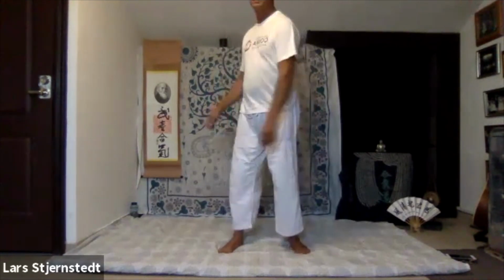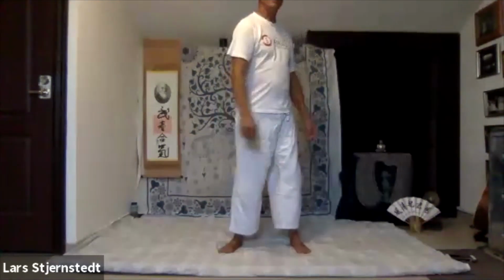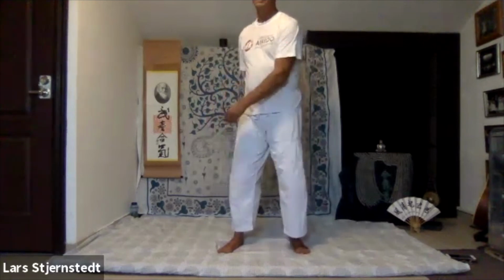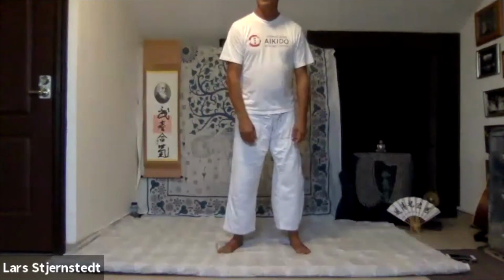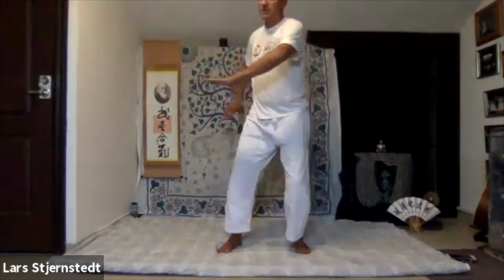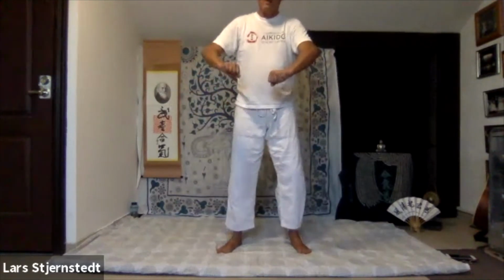And then try to relax in your arms and just do like this, to feel: is my arm really relaxed? If they are completely relaxed, they continue a little bit. It's very usual you do like this. It's a very controlled way, but I think it's good to try to relax your shoulder, your hands, your arms,